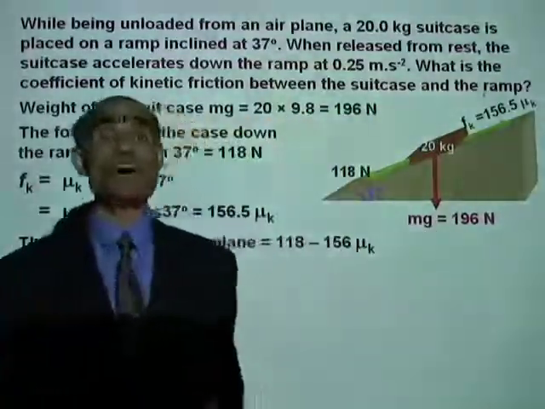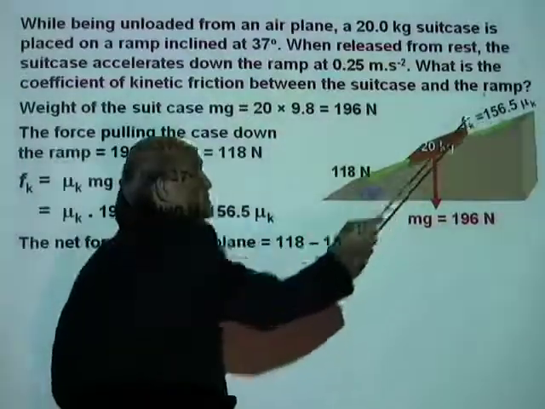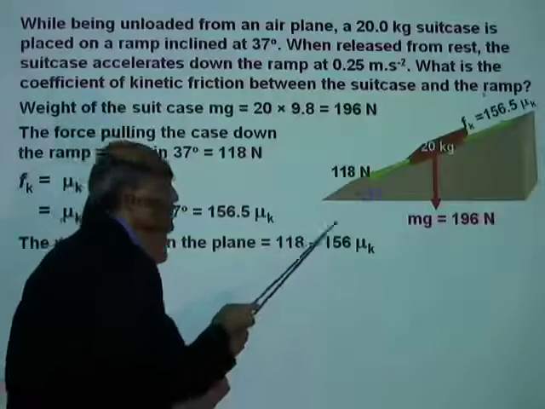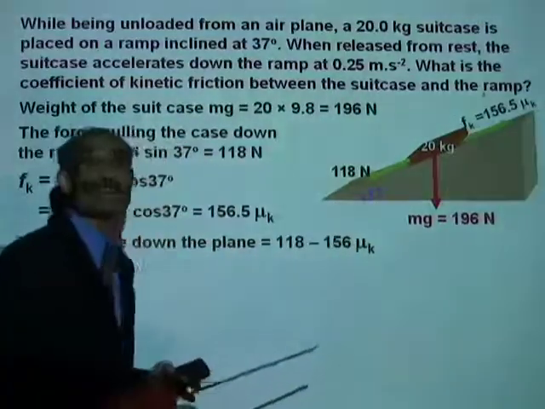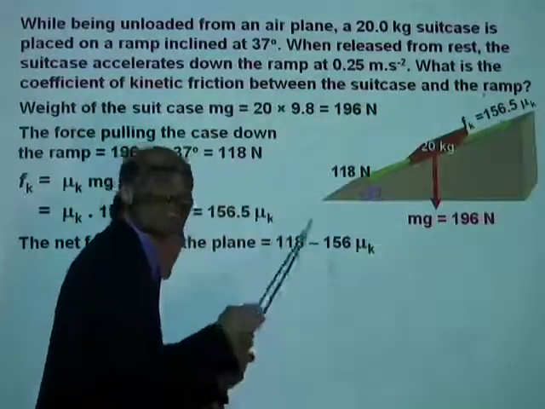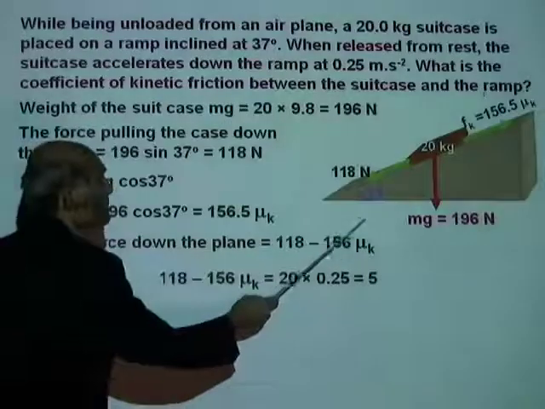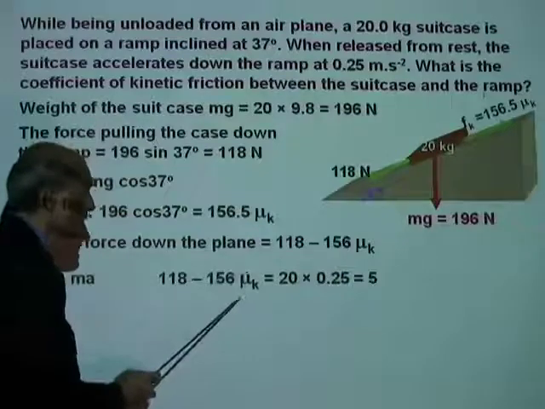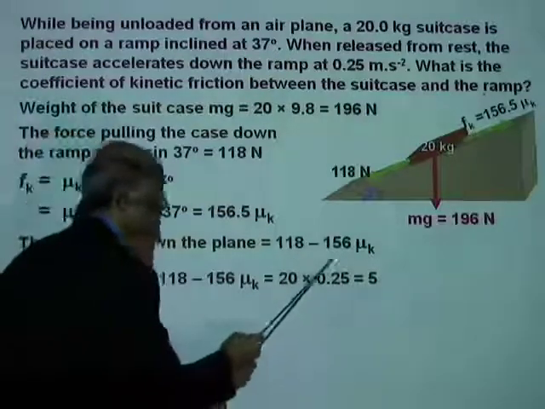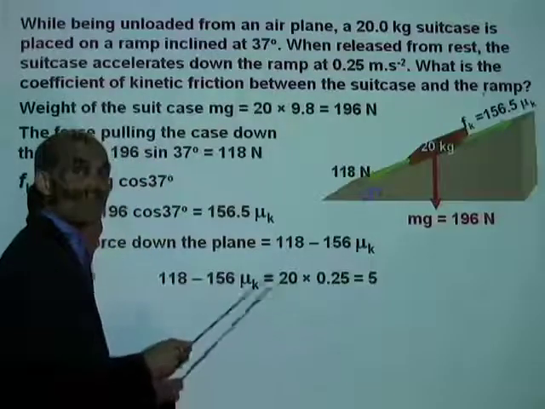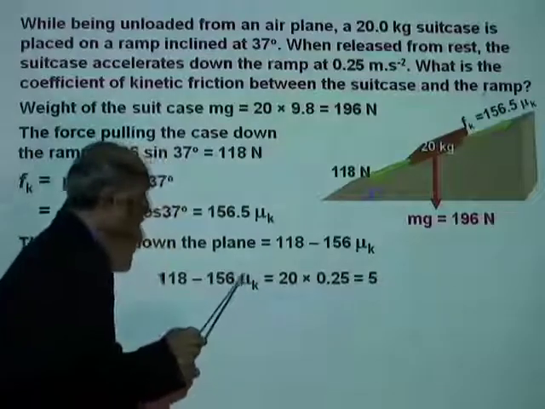Therefore, what is the net force on the suitcase? The net force on the suitcase is the downward force 118 minus the frictional force 156 mu k. And it is this net force that produces this acceleration on the suitcase of mass 20 kilogram. So we can now say F net equals ma, and that is 118 minus 156 mu k. Mass is 20 kilogram, acceleration is 0.25, and 20 multiplied by 0.25 is 5. So our equation now is 118 minus 156 mu k equals 5, and the only unknown there